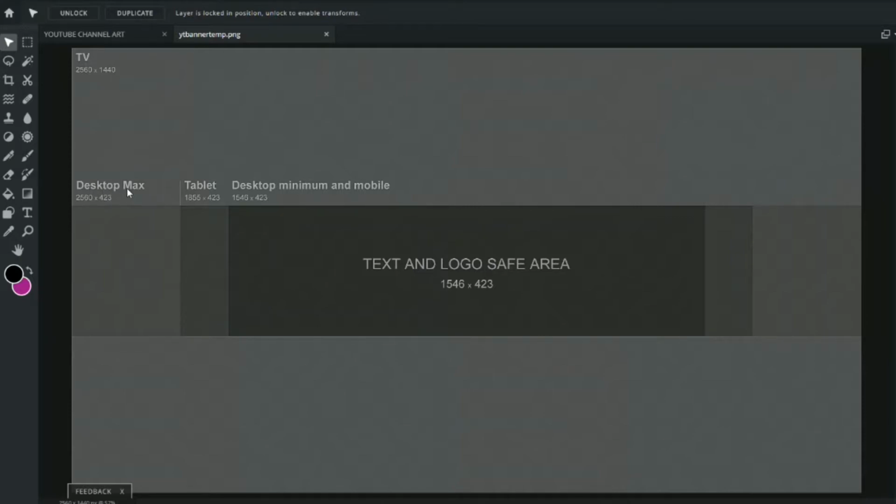Desktop max, this is for viewing on desktops. You have the 2560 width, but only 423 height from top to bottom here. The secondary coloring here is the tablet dimensions, 1855 by 423. That is the width, 1855. Again, 423 high from here to here. And your safe area, the most important part of your channel art, right here,